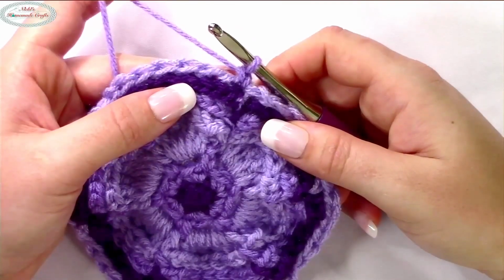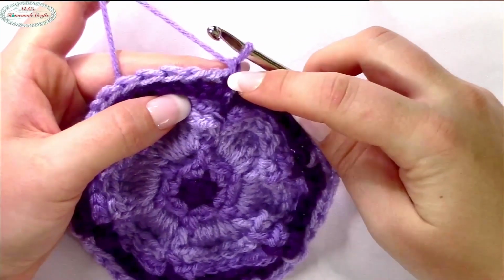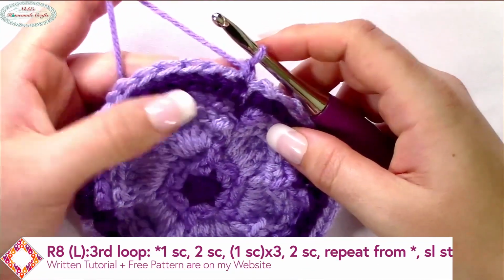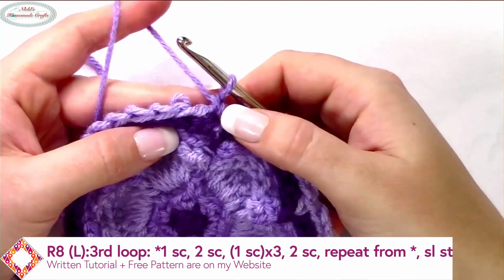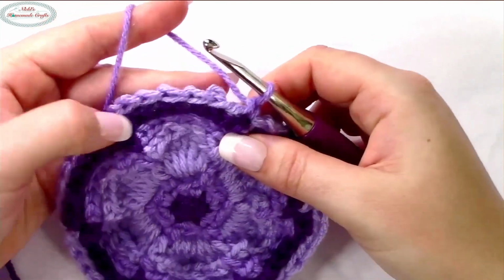So once you've finished round 7, you are now switching colors again to the lilac for round 8. This time you're completely ignoring all the chains, and we're just going to make single crochets. But it's different for each stitch. So you're going to start with 1 single crochet here, and then in the next 5 stitches we're going to